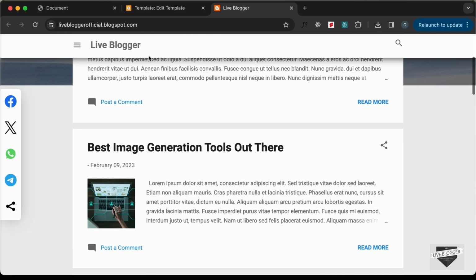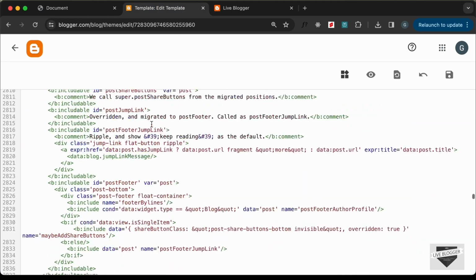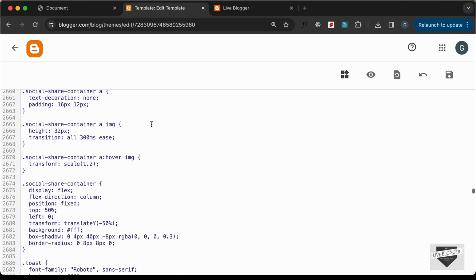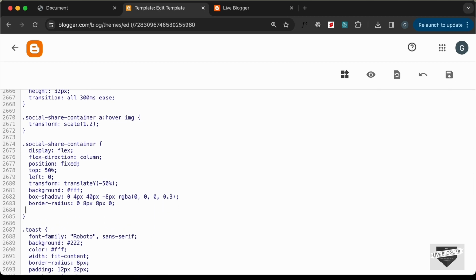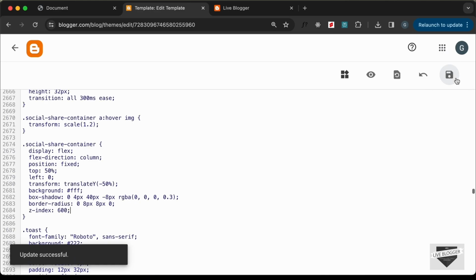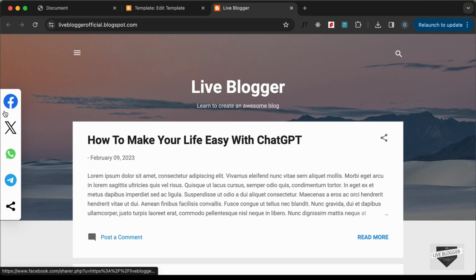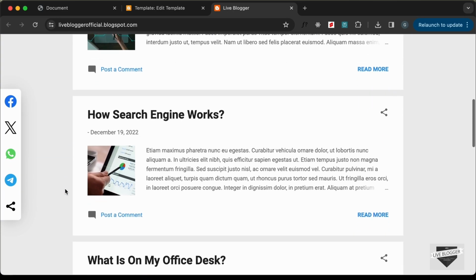all the other elements. So let's go back and let's go to the CSS, and here for the social share container division, let's add a Z index, and let's set the Z index to a higher value. Let's try 600, and let's click on save, and let's go back to our website and let's reload this page. And now we can see that the social media share buttons are displayed over here, and let's click on one